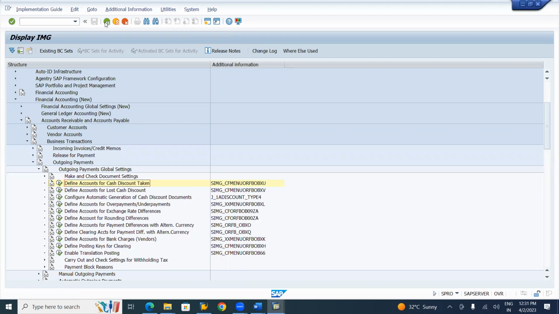Define accounts for lost cash discount, nothing but discount allowed. Within brackets, you can write it as discount allowed. The path is the same, right? And the transaction code is OBXV. Path, same as above, till